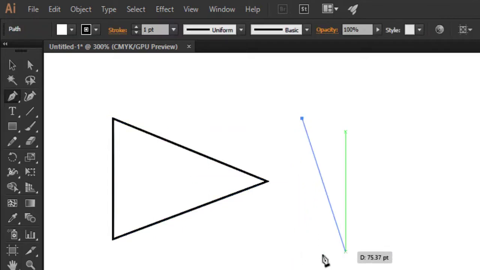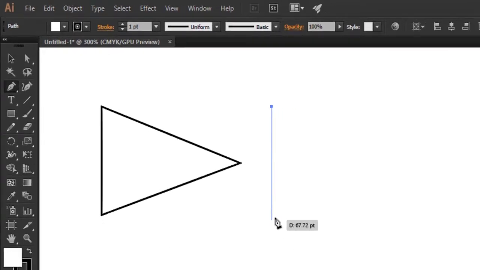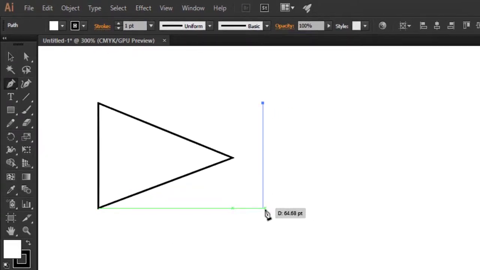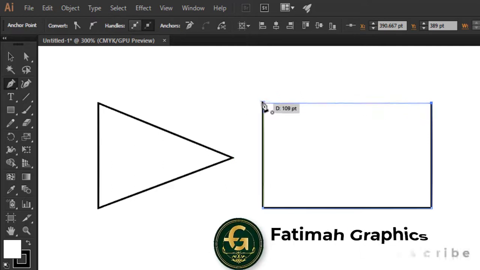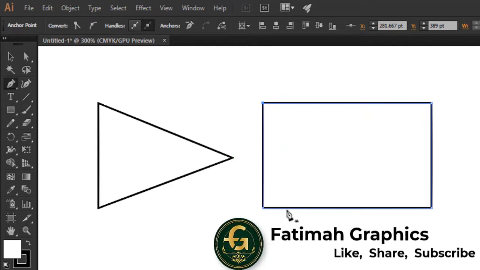If you want to make a straight line, hold the Shift key while clicking. Just click on the artboard like this.